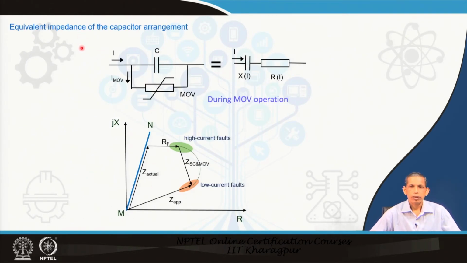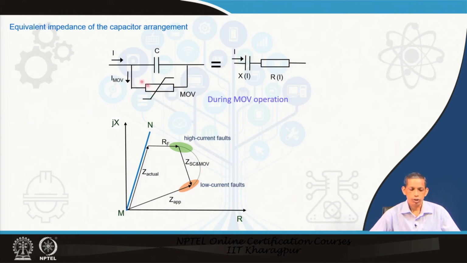Now, detailing more on the operational perspective of the corresponding protection arrangement in the capacitor, the MOV puts a lot of challenge to the protection of the transmission system. Whenever the current becomes very large, the MOV, being a nonlinear element, starts conducting because the voltage across it becomes larger, and a part of the current will be in the MOV. As the current becomes larger, the MOV current becomes more and more.